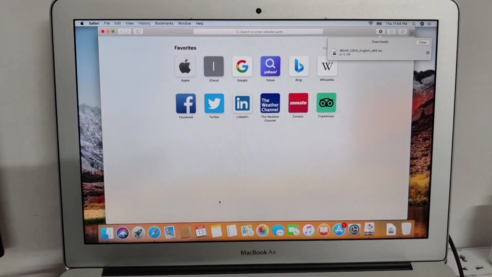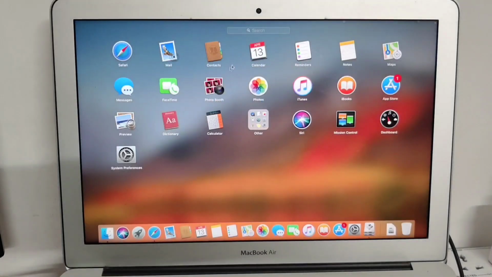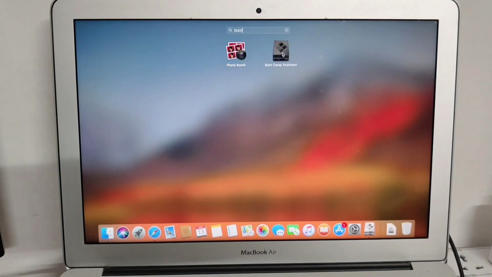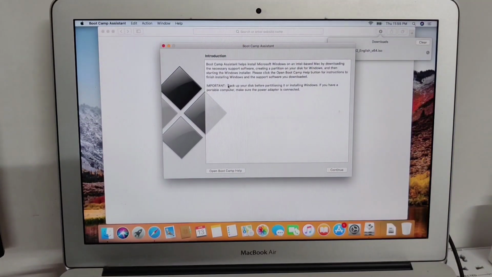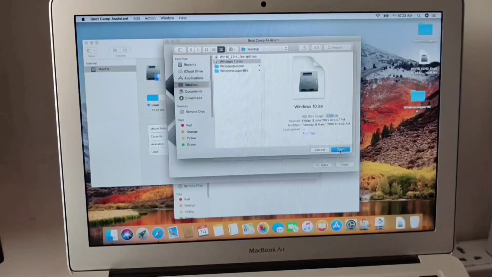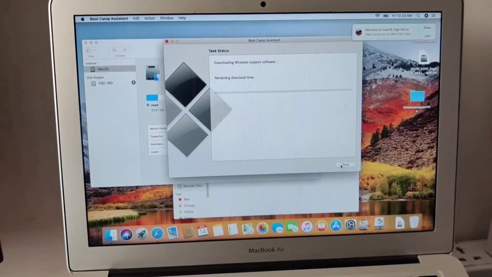So now we have to open that Boot Camp from Finder. Search for Boot Camp. Yeah, click on continue. Now select the partition and select the ISO file which you downloaded. So this is the process to download Windows support software